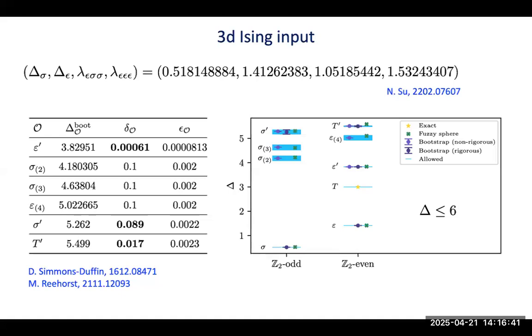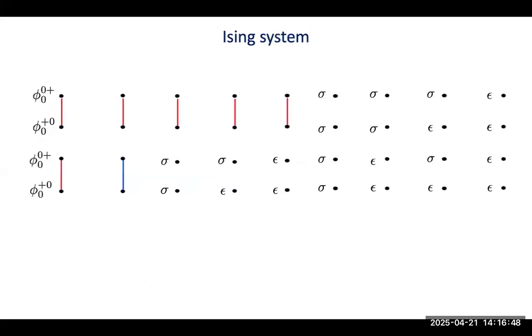Sorry, the only ingredients that you had previously from the bulk was just sigma and epsilon, right? In which place do you need all these other? So because we have this fusion because we have